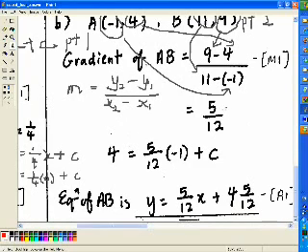Then you write down the equation. You know it's y equals 5 over 12